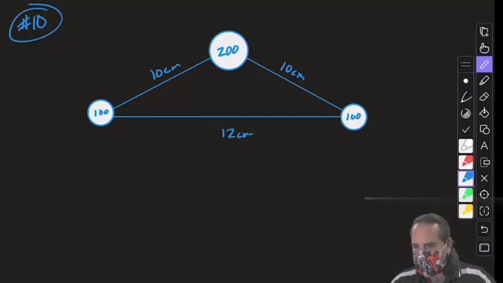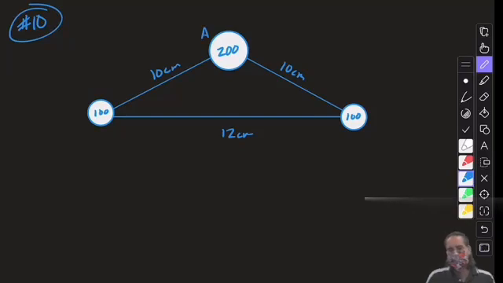It says 3 masses shown in the figure are connected by massless rods. Find the coordinates of the center of mass. Okay, good. That one's being asked. Find the x coordinate. Find the y coordinate. And find the moment of inertia about an axis through mass A. All right. Now, they didn't ask us to find the moment of inertia about the center of mass, which is too bad